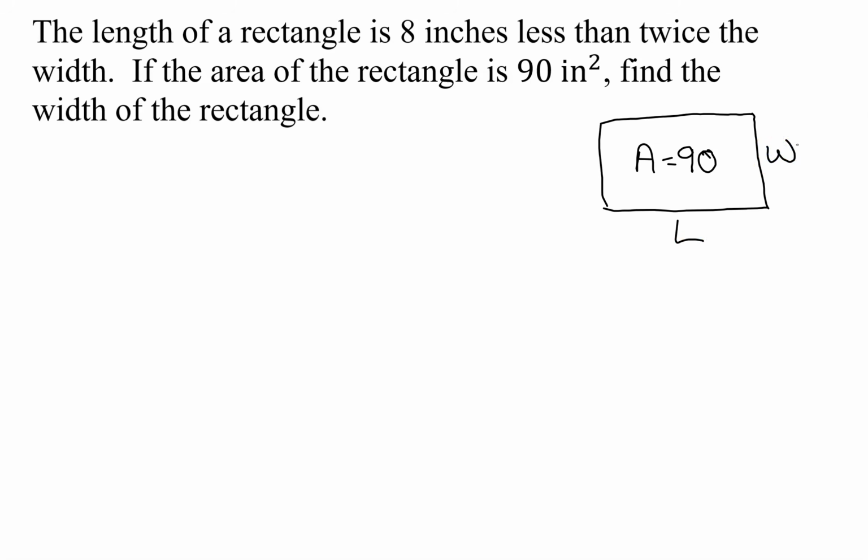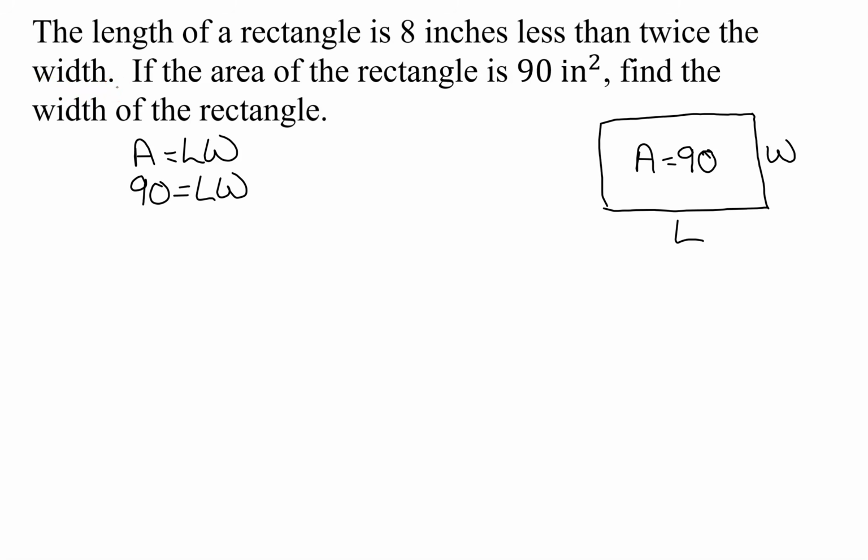And to find the area of the rectangle, I know area is L times W, length times width. We know the area is 90, so I have 90 equals L times W. But unfortunately, on the right-hand side, I have two variables. I only want one. So we're going to have to use this first sentence to describe the length in terms